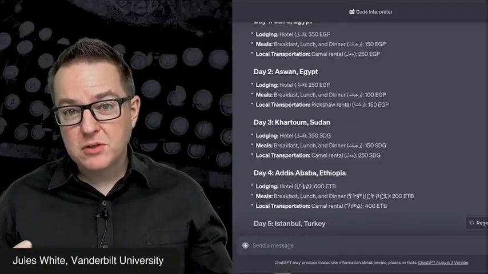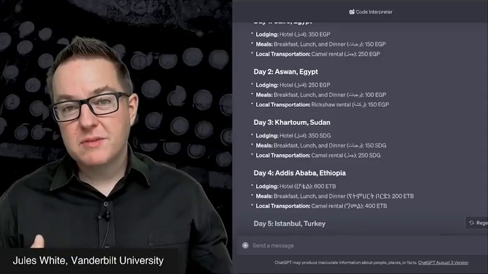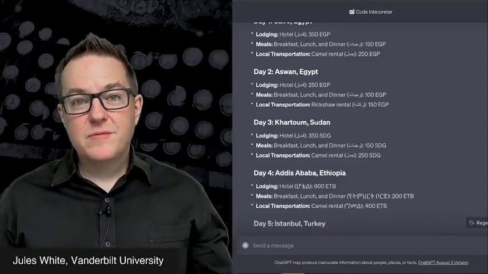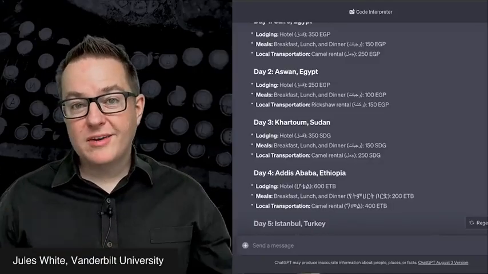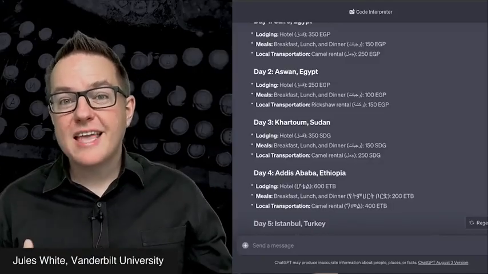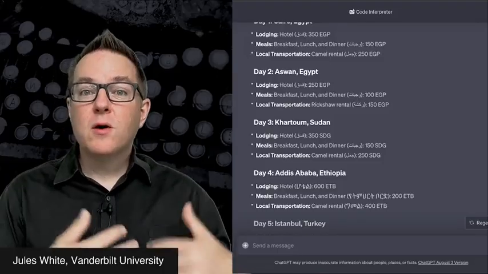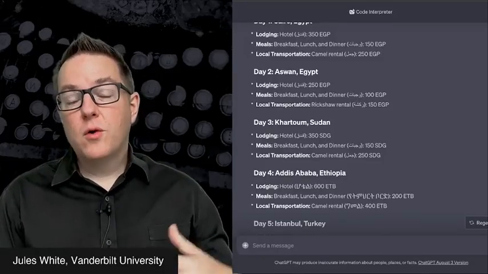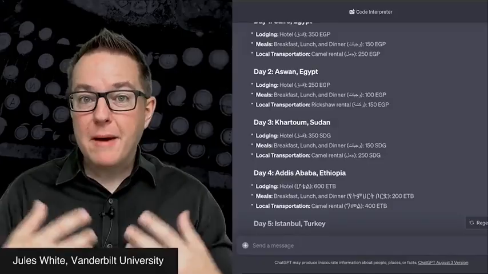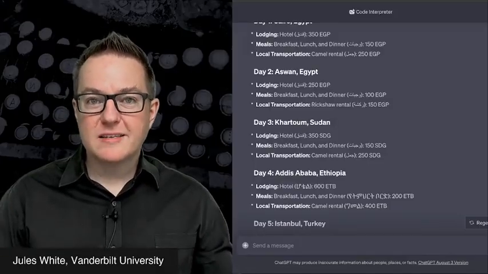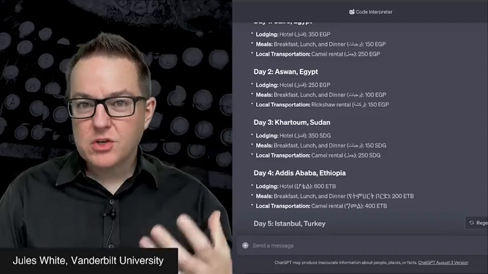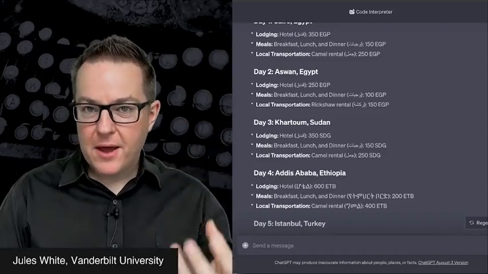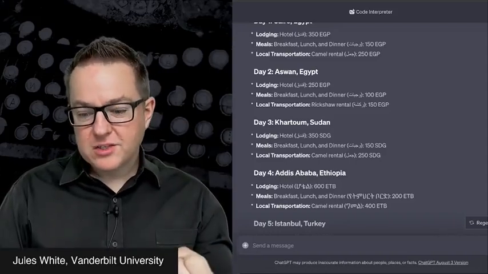Or maybe you have a proposal for some company's going to do something for you, and you can take the non-sensitive parts of the proposal, you can put it into Code Interpreter and have it analyze it. Where are the weak points? Where are the ambiguities in the proposal? Where are the things in schedule or other requirements that might be missing that we need to go and address? All of these types of analysis, these types of additional things to augment our reasoning about what's going on around us are really important.